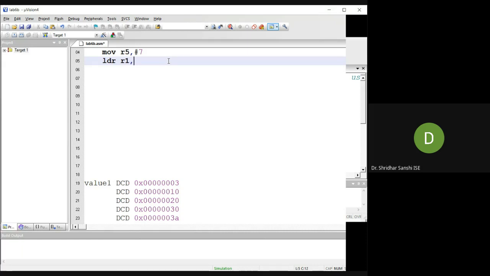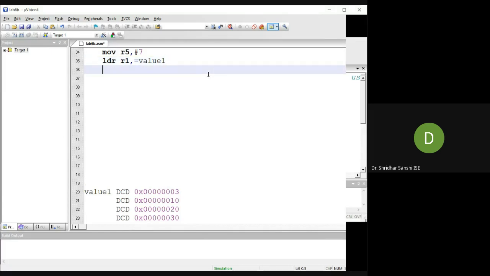So how to store the address? I can give equal to. If I give equal to, it means the base address of the array will be stored in the register R1. If I have the base address, and I want to store the element into the register R2, then LDR R2, brackets R1.